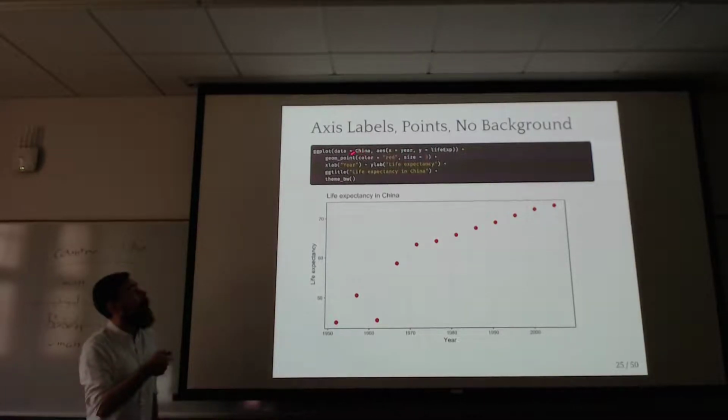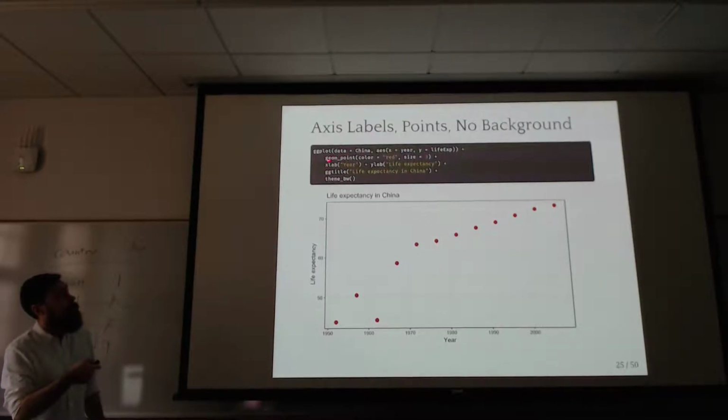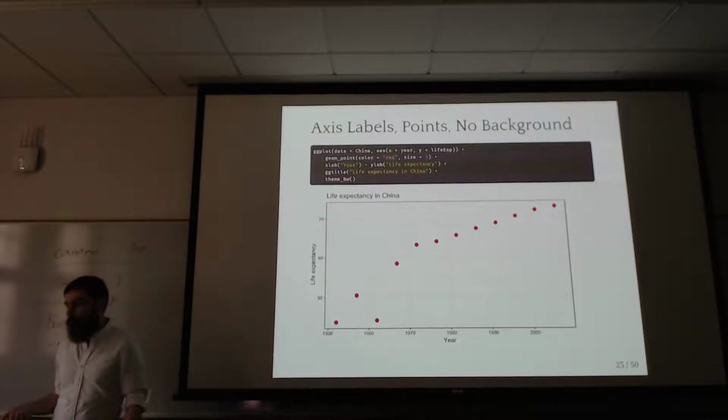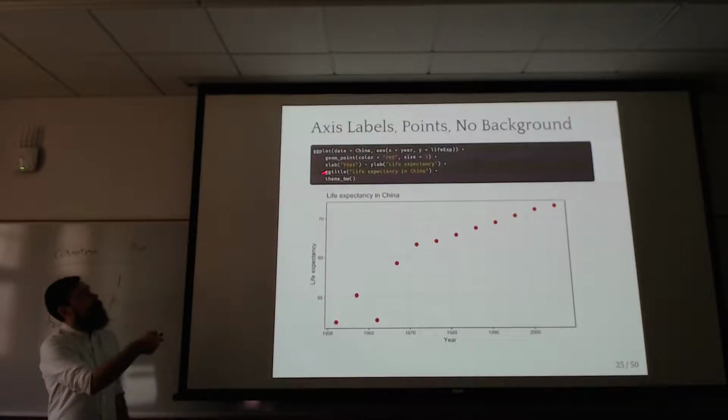But now inside that geom_point call I have for the layer, I added color equals red, so all the dots are red, size equals 3. The dots are now bigger than they were before. Then I added xlab, "Year", ylab, "Life expectancy", ggtitle, "Life expectancy in